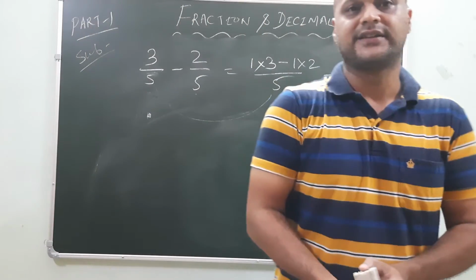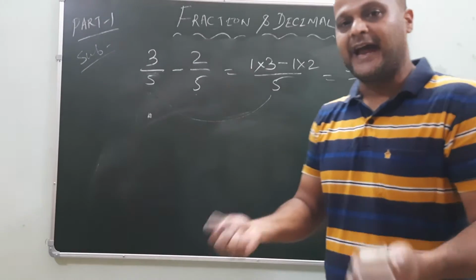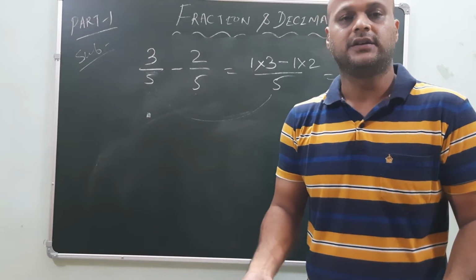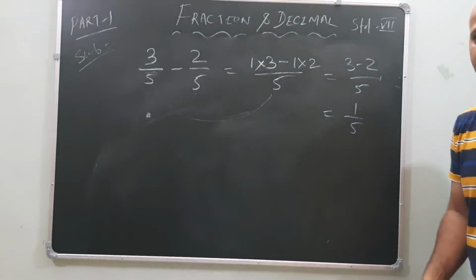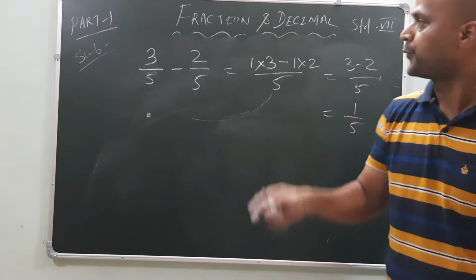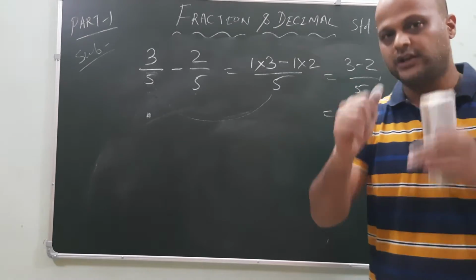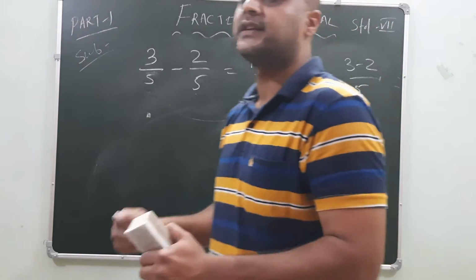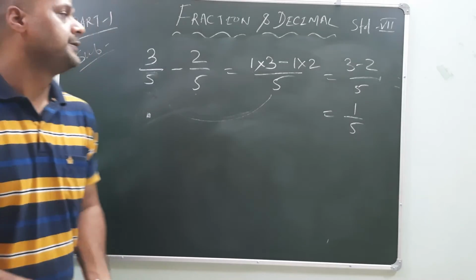Always remember this. Whenever we add or subtract any fractions, the result is also a fraction. Yes or no? Is this a fraction or not? This is called the closure property of fractions. At the end I will tell you how the properties are linked with this, all those things.